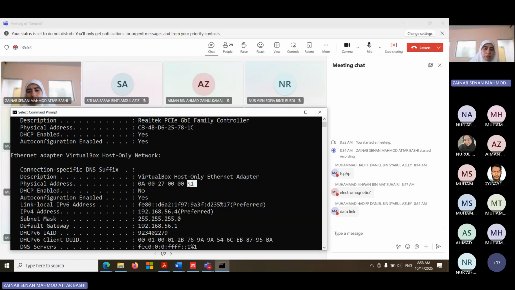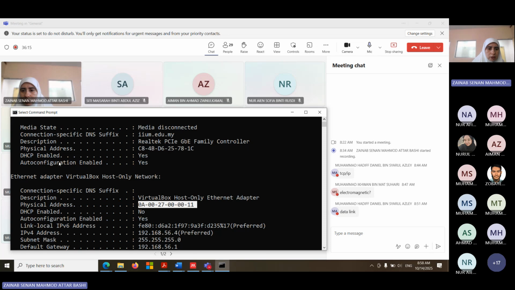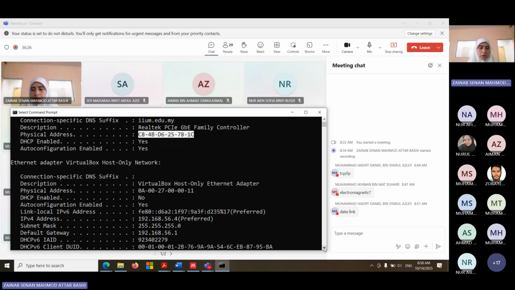Why? Because it's software-based. So this MAC address will be used inside your computer alone. If you have more than one virtual machine inside the computer, they will never have the same MAC address. But when we talk about device to device, my hardware, the number is unique. For my own hardware, the Ethernet here, this one is unique. No one else around the world should have the same MAC address as mine. Otherwise, there will be a problem with the communication.